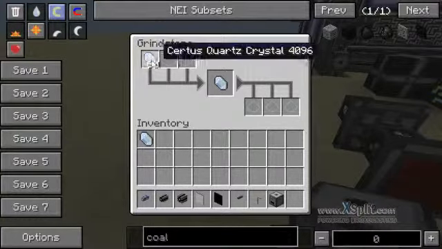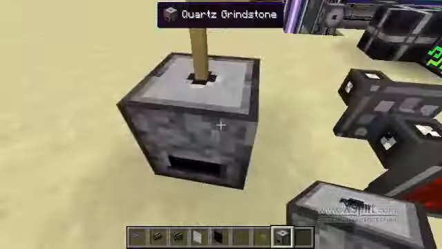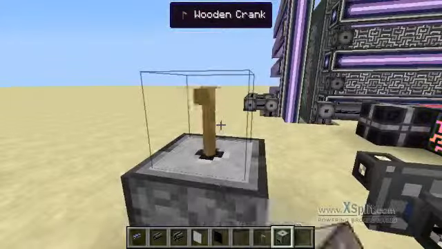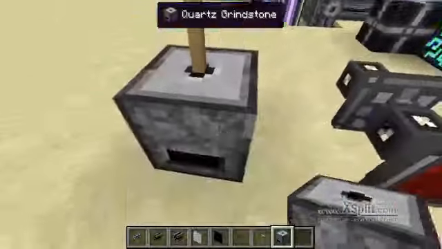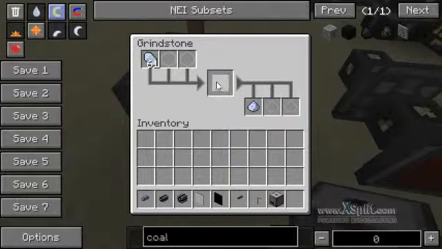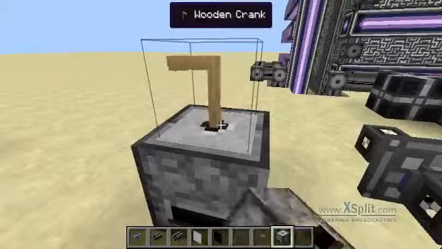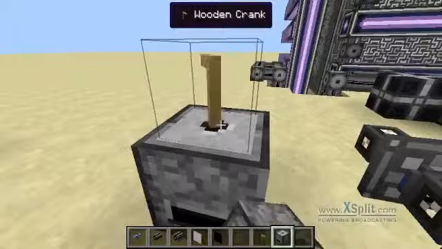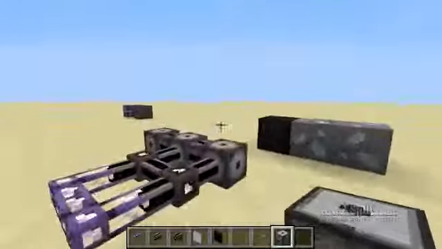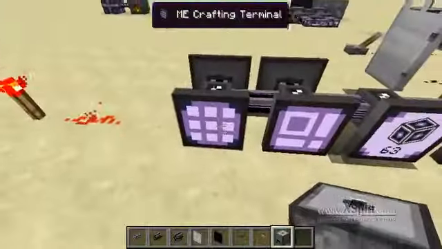And you see I have got some quartz crystals in here, and what we're going to do is just have a couple turns on the crank, and as you see the quartz that was in here has now been turned to dust. Do that a couple more times. You see we've now got 2. If we quickly come over to our crafting terminal,